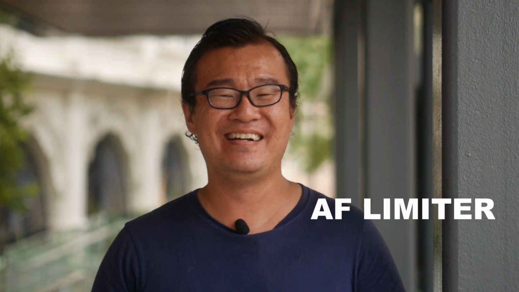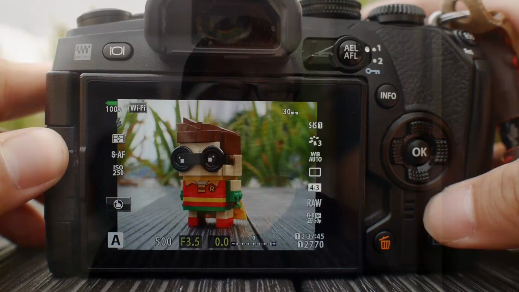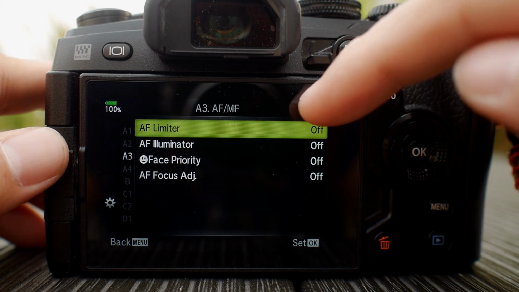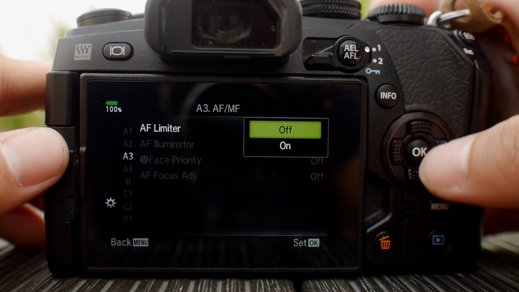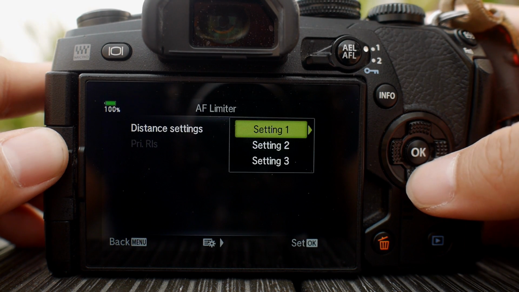Tip number 4, focus limiter. Now this particular feature is unique to Olympus EM1 Mark II and EM1X. So Olympus has included a digital focus limiter which works with any lens that you attach onto the camera. To enable the focus limiter, go to Menu, Cogs, under A3, there, Autofocus Limiter. Now turn it on. We have 3 separate settings. We can set